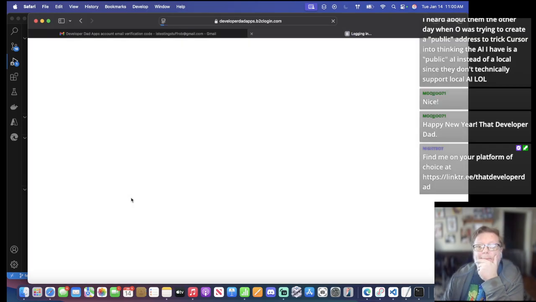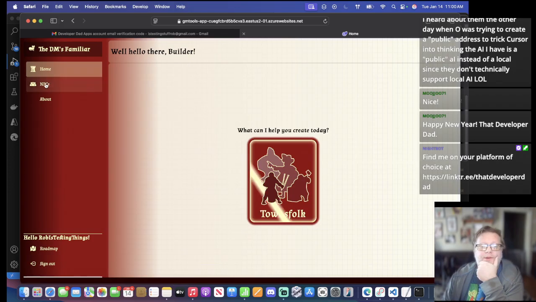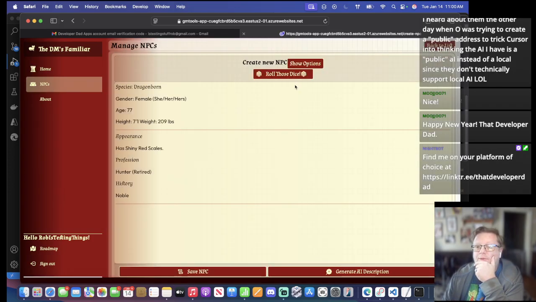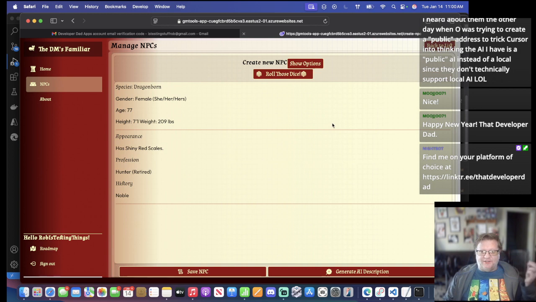Sign in. Let's go to NPCs. New, and the buttons are there. Okay. So it seems to be just not updating the state in between log in and log out and stuff like that. So